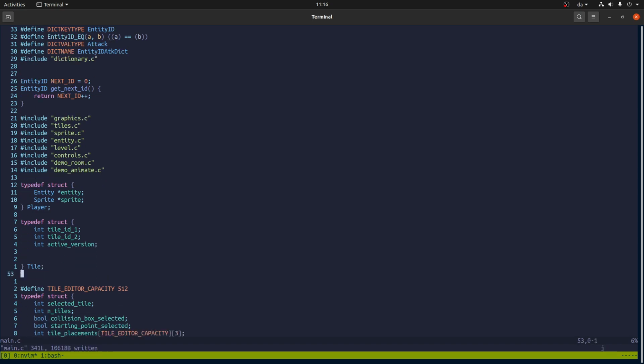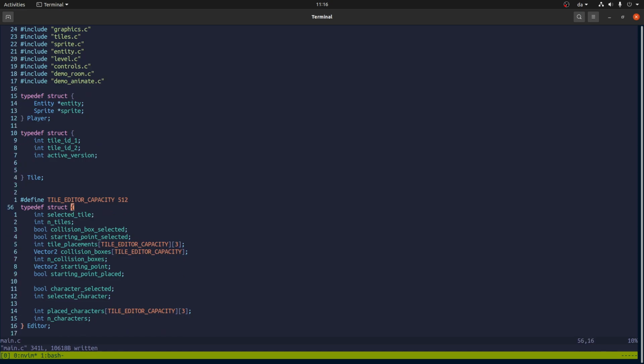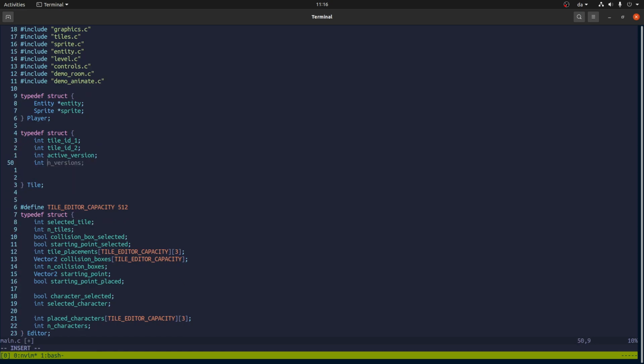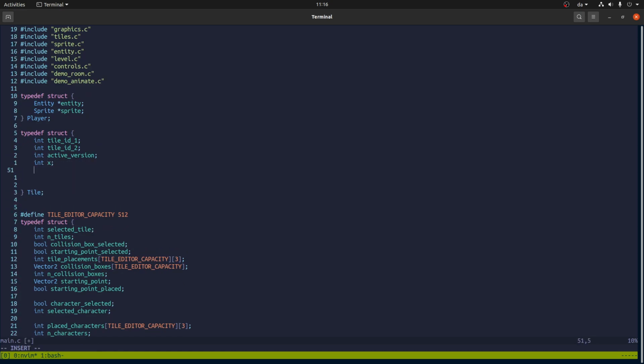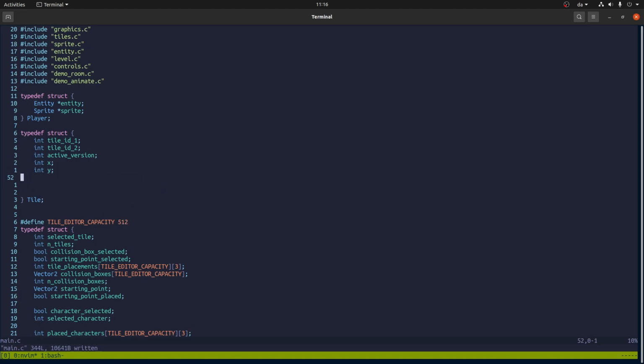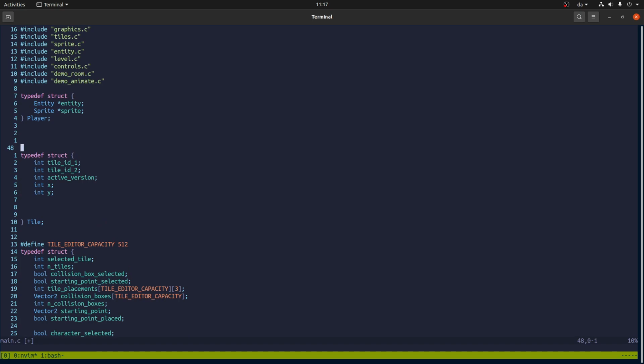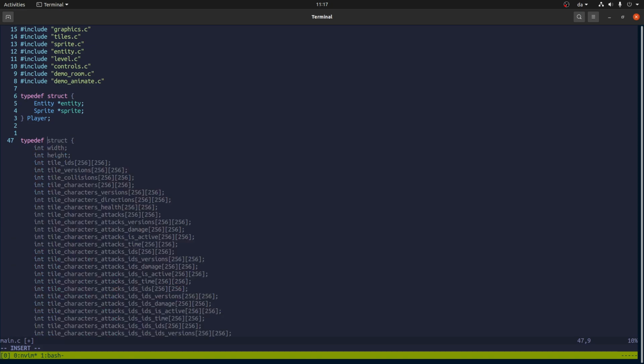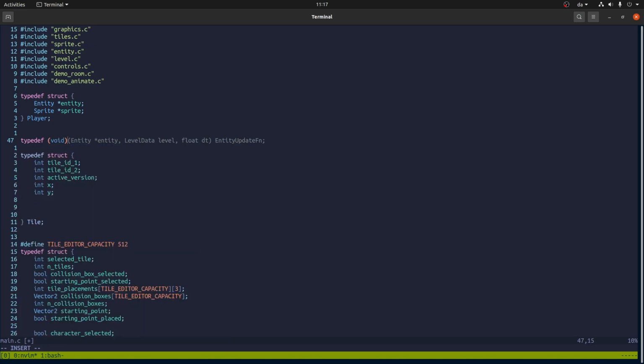And we also need a location. So let's call it X and Y. Then we need some kind of stuff to run. So maybe we'll call it, it should be some kind of function pointer, so it should be like a void